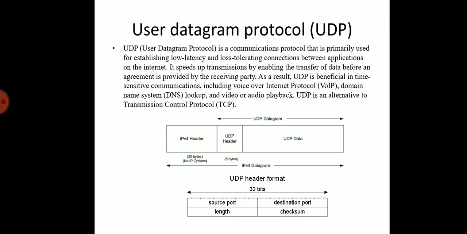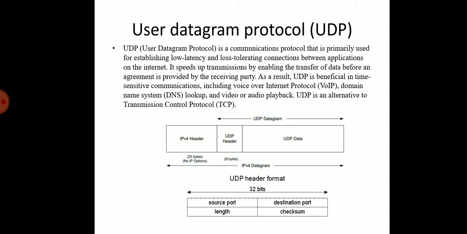The UDP length field is the length of the UDP header and the UDP data in bytes. The minimum value of this field is 8 bytes. The UDP checksum covers the UDP header and the UDP data. Both UDP and TCP include a 12-byte pseudo header with the UDP datagram just for the checksum computation. This pseudo header includes certain fields from the IP header. The purpose is to let UDP double check that the data has arrived at the correct destination.